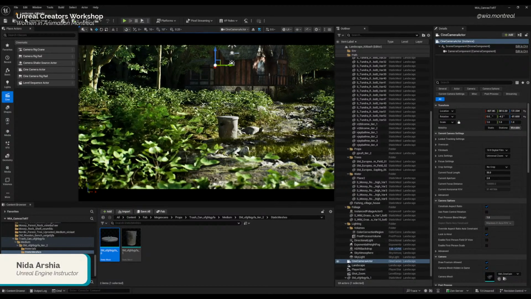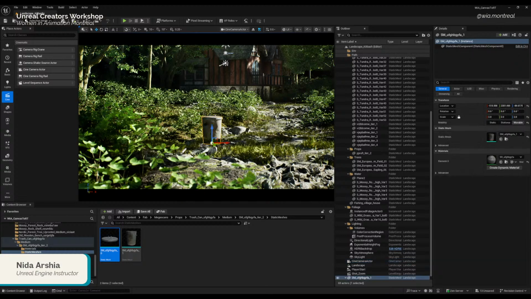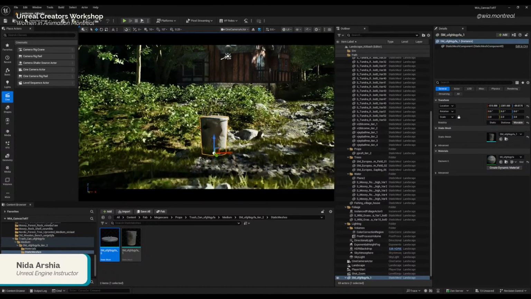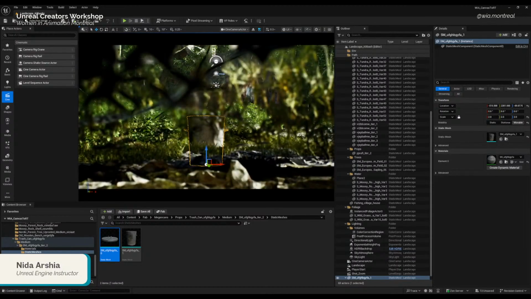Okay, I think this is a nice view because we are getting something in the foreground, something in the middle ground, which is the subject, and then a background. So I think this is looking fine. We can explore more angles. It doesn't hurt.